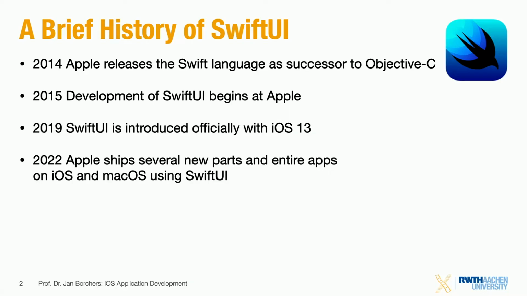Where is SwiftUI coming from? Well, as you may know, Apple at some point replaced Objective-C, right? Objective-C was a programming language from the 80s. It was really great when it was used for NeXTSTEP, and then Apple bought NeXT, and then they turned the NeXTSTEP operating system into macOS 10. Basically, Objective-C stayed the programming language for the operating system, and they went really well together. They really worked well. But then when Apple moved from the desktop, macOS, where AppKit was the